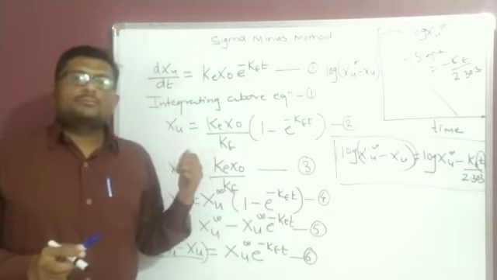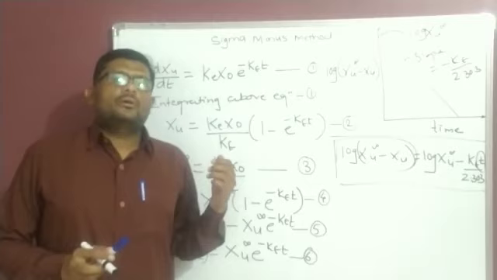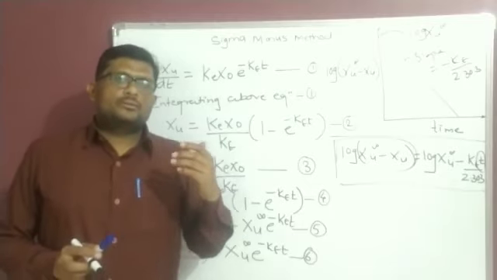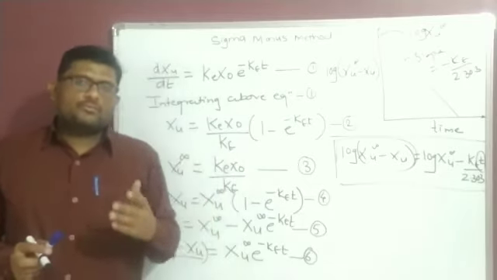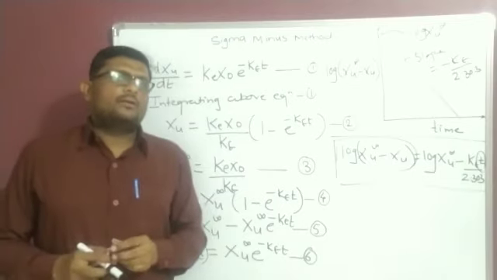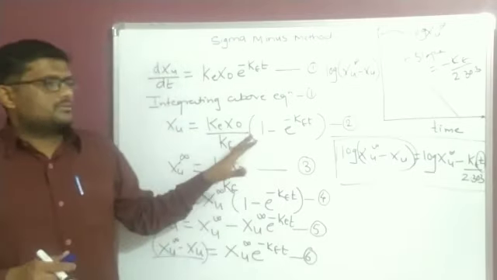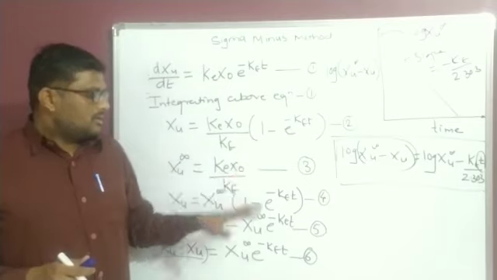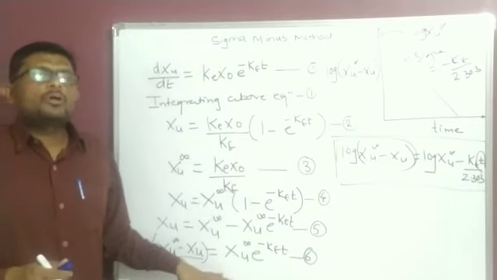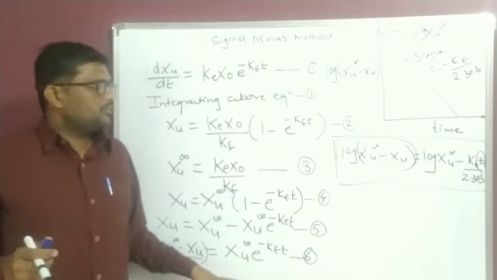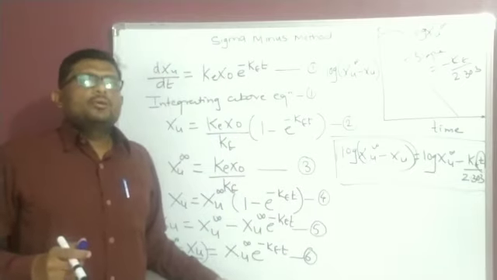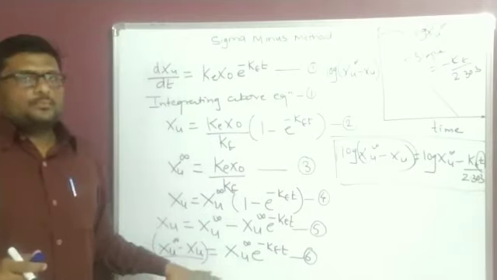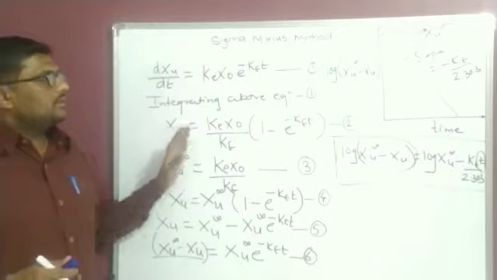In the last method, the rate of excretion method, the disadvantage was that fluctuation and scattering of data were there. In this case there is no fluctuation and no scattering, but you have to take a number of urine samples until no unchanged drug is present. So in this way we can calculate the elimination rate constant.